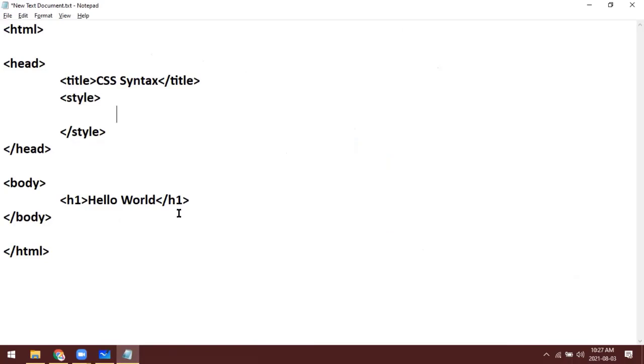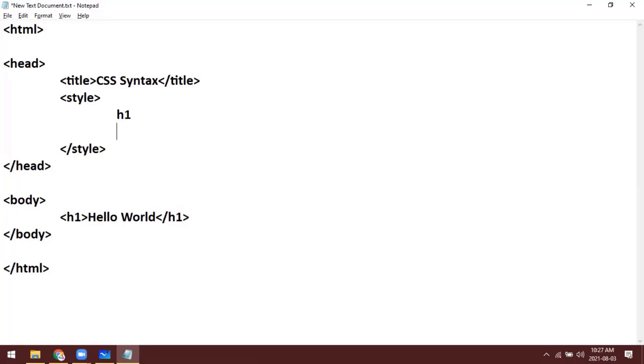Now for the same example, we will try to do that, right? So here I want to apply the style for this h1 tag. As per the syntax, I have to refer to the HTML tag. So here it is h1, that's the selector h1.